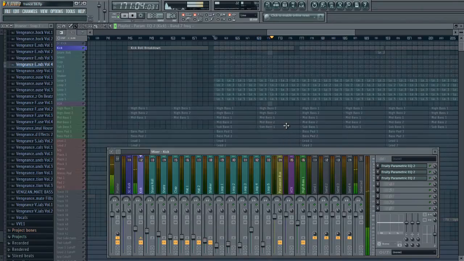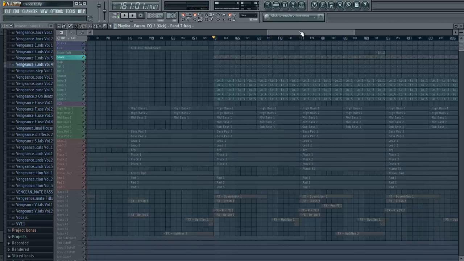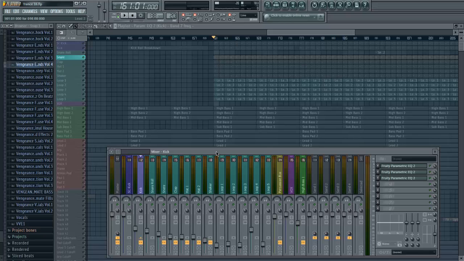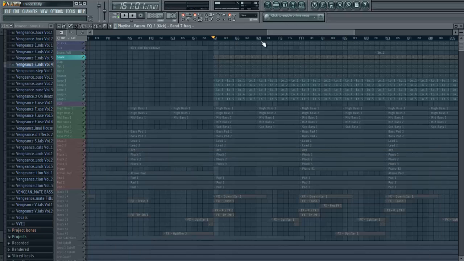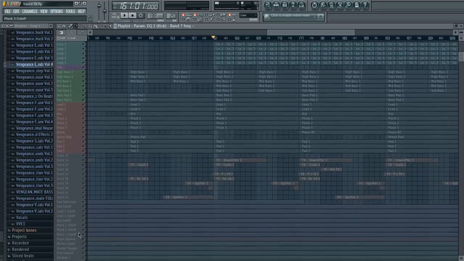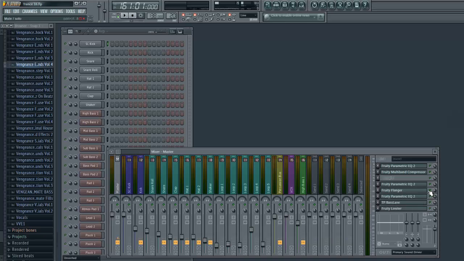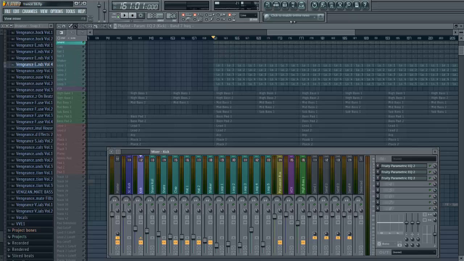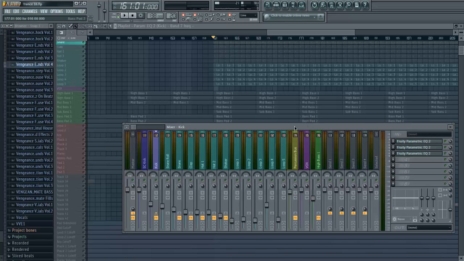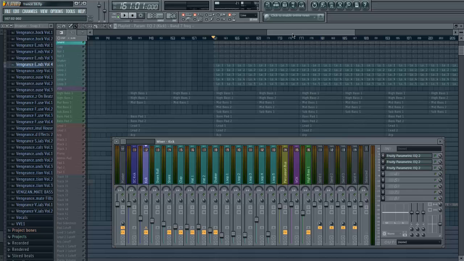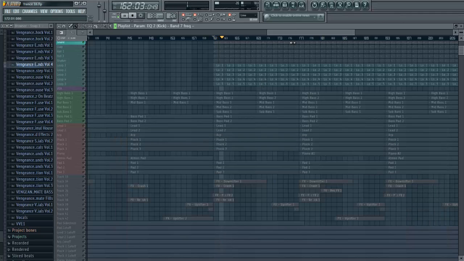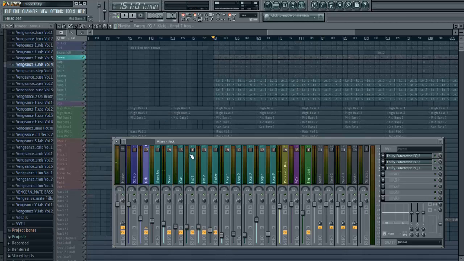Snare. It sounds like this. No, it doesn't. Hold on. Damn it. This can be kind of annoying to control when you've got the playlist in full screen like I do. Alright, so